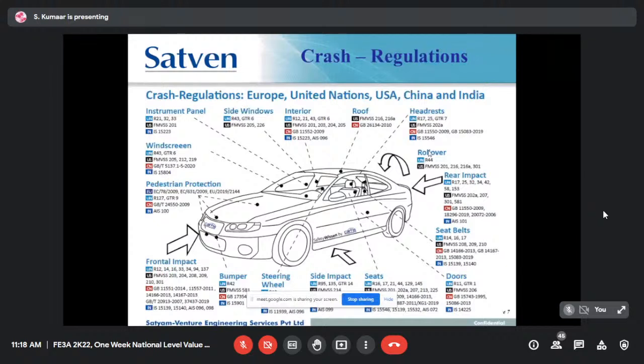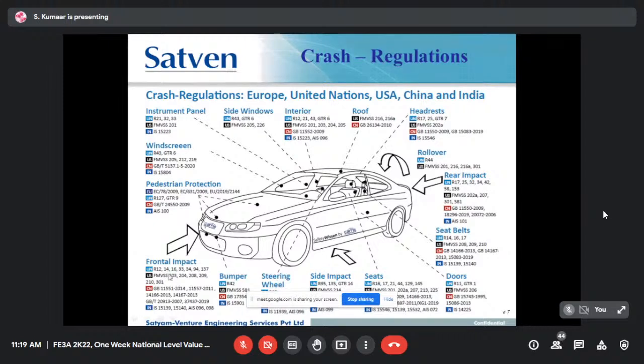So for each and every assembly or sub-assembly, we have certain regulations. We need to make that part or sub-assembly as per that regulation, and as per that regulation's testing procedure, we need to perform the analysis. Once the analysis is completed, the response should fit within the limit of the criteria in the regulations or NCAP. For example, if we take the frontal impact,